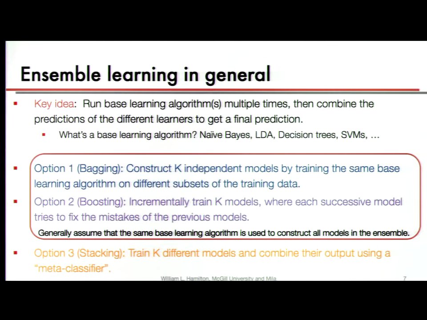The third option, which can be called stacking, is in some sense maybe what you intuitively think of when you think of ensembling a bunch of models. Here, we're training a bunch of different classifiers. They don't need to be the same model. They don't need to have anything to do with each other. They're just K completely distinct models. Each one outputs some prediction, and then we're combining all these predictions using what we call a meta-classifier. That meta-classifier could just be, say, the majority vote, but we could also do something more complicated.